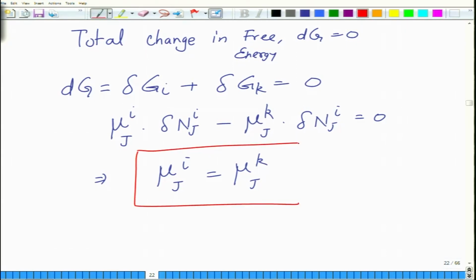So this is basically the proof of what we said earlier when we drew the common tangent. In the first instance we saw it graphically, now we see it mathematically, that for a two-phase equilibrium or for a multi-phase equilibrium, the chemical potential of the jth element in the ith phase must be equal to that in the kth phase. That is, the chemical potential of a component in various phases in equilibrium must be the same. Okay, so if you generalize,